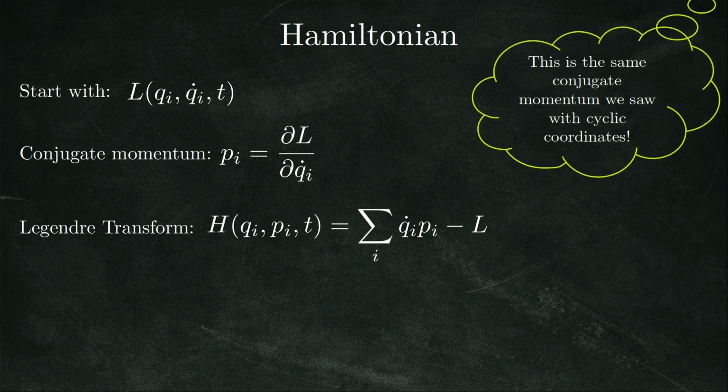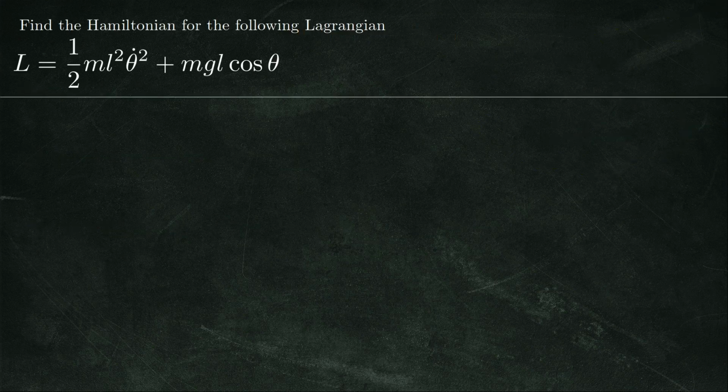And this is the same conjugate momentum we saw with cyclic coordinates. So just as the Hamiltonian we saw when we were talking about Noether's theorem, again we saw the conjugate momentum when we were also talking about symmetries. We are now going to look at some examples where we calculate some Hamiltonians explicitly. You should remember this Lagrangian as a